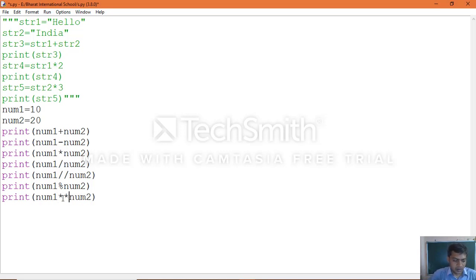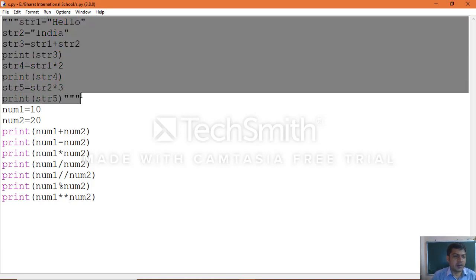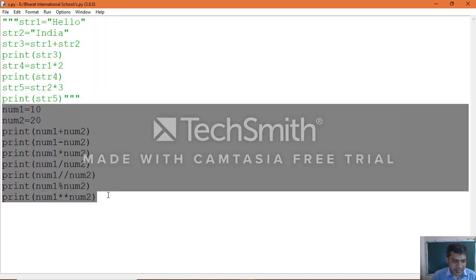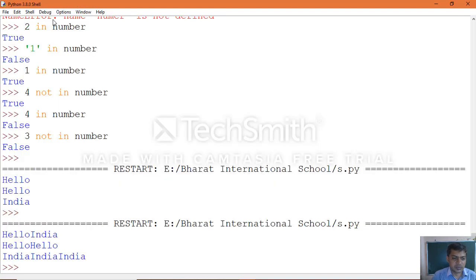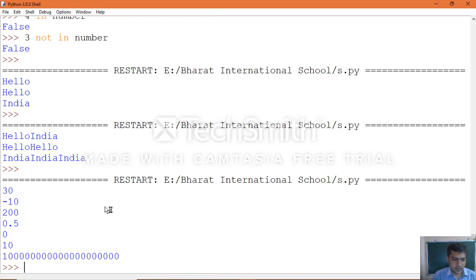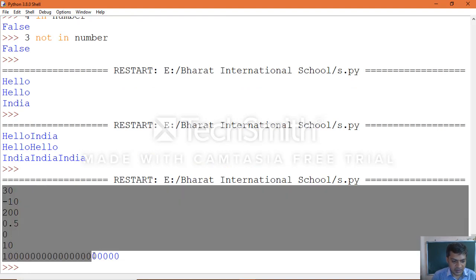Okay, now save the application again. This one will not be executed because it becomes a comment; the interpreter will not execute it. Now whatever we wrote in the other one will be executed, and the arithmetic operations will be shown as output. Yes, you can see clearly the values it calculates.